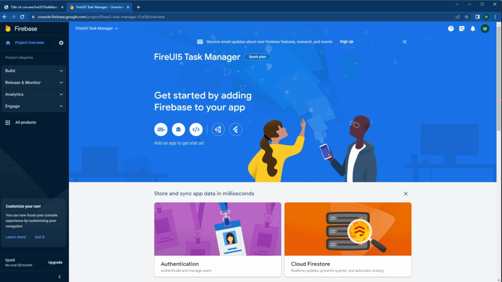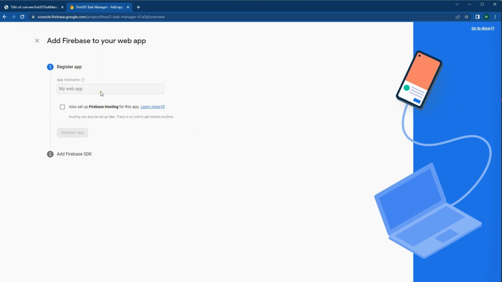Okay. So we are creating a web application. So if you are creating an iOS app, you need to select this. If it's an Android, you need to select this. If it's a web app, you need to select this. So we are creating a web application, so I would select this web application, and you need to register our